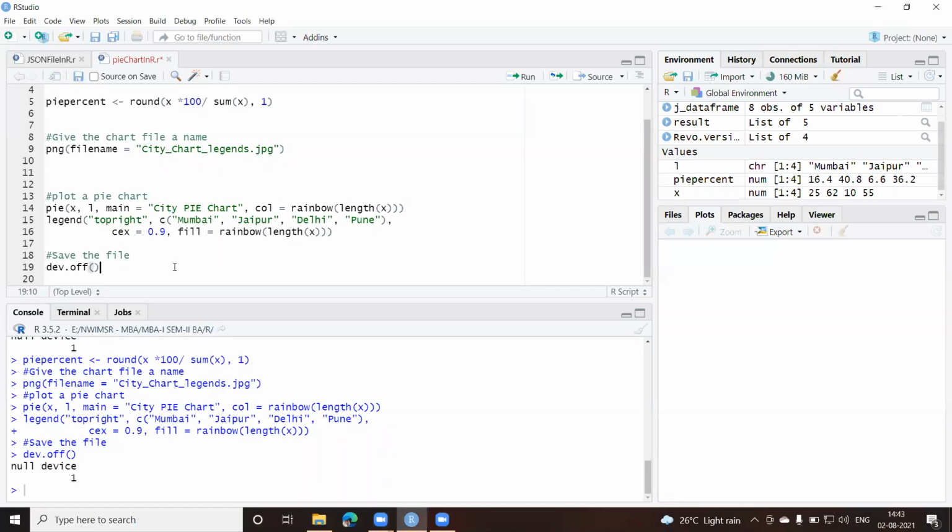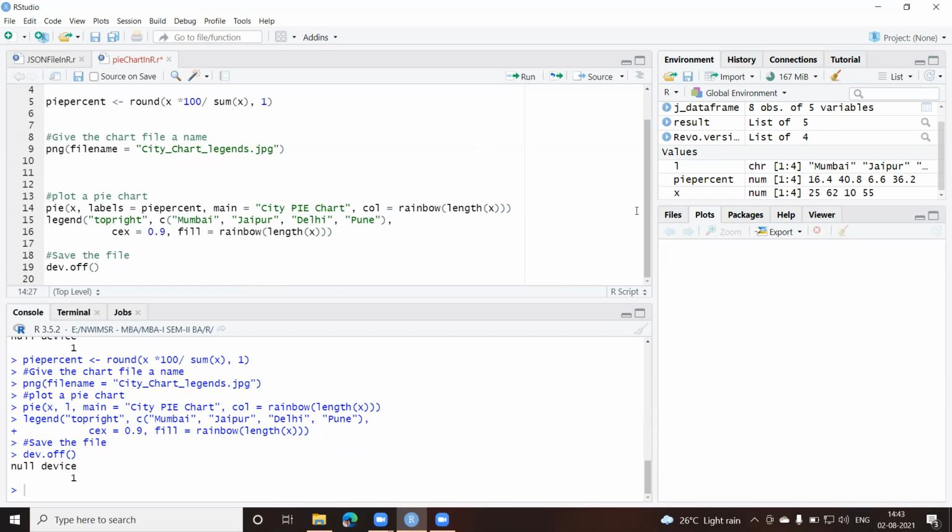Okay, so I have to make some small change in the label because we have already created the pi percent values. So that value has to come now. Here, instead of this L, I'll write labels equal to, and my new label would be the percentages which I have just created. Okay, so I'll give pi percent. That will be my label now.